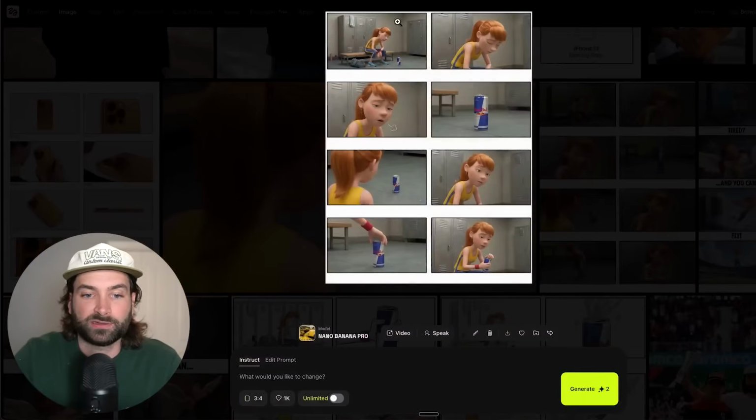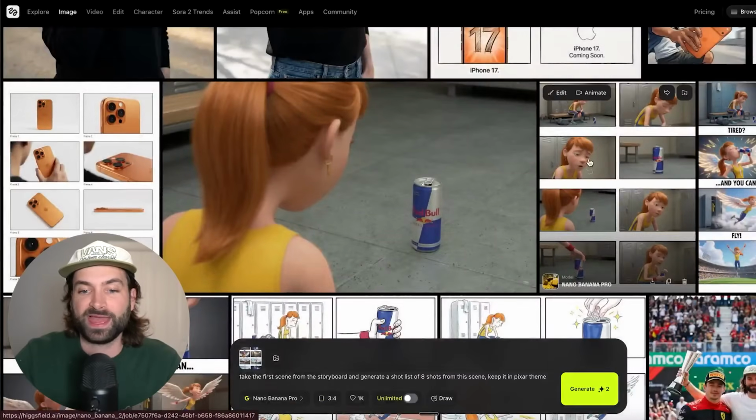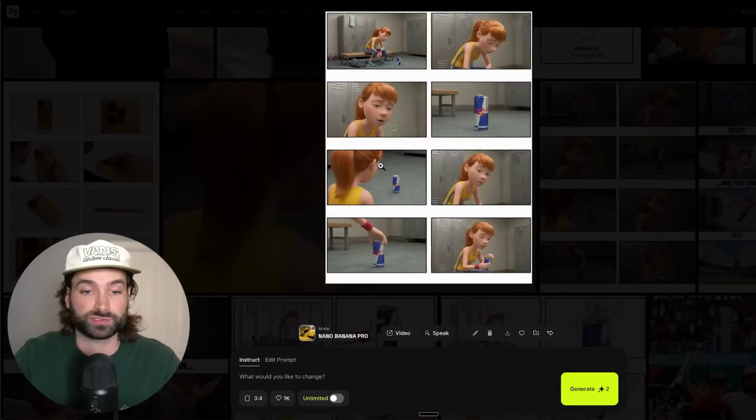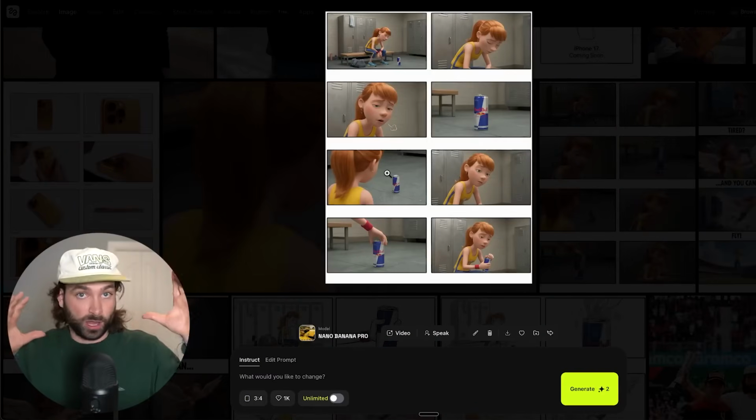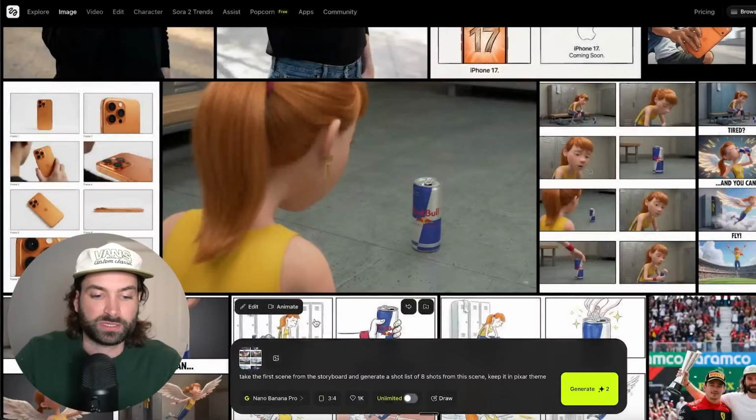Now, it's taken our original shot here, generated a close-up, an even closer close-up, and a close-up image of the product down here. It's got an over-the-shoulder shot of her looking at the product and a couple of varying shots, her holding the product here, her grabbing the product off the floor. And then where it gets really interesting, let's say you found one of these shots that you liked the most. Let's say it was this one down here and you wanted to generate a higher upscaled image of this exact scene. Well, what we could do is